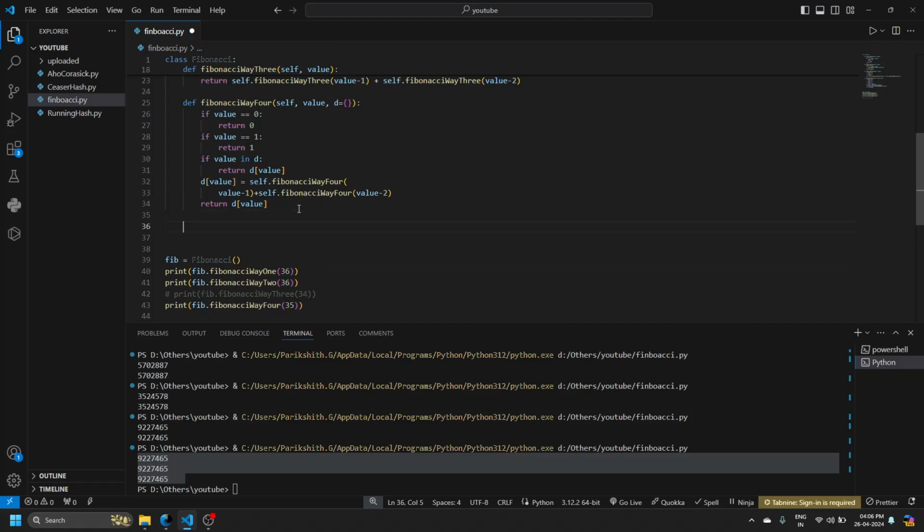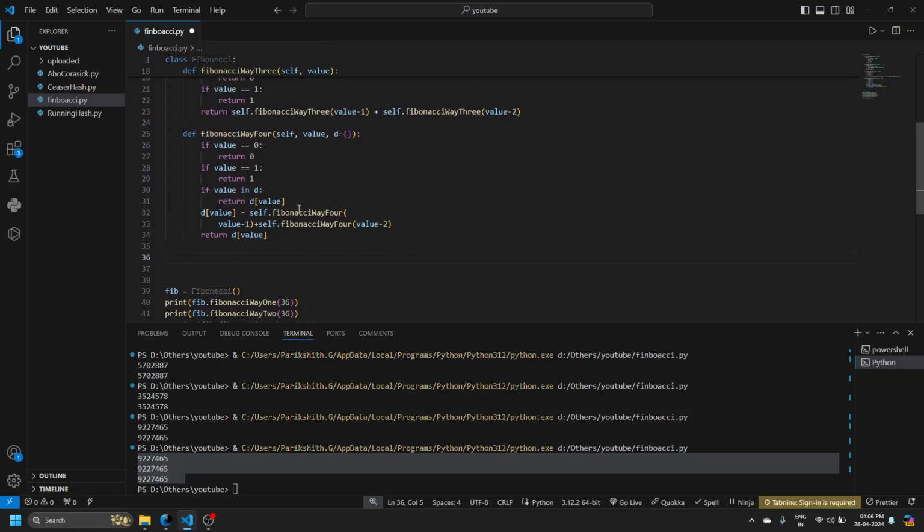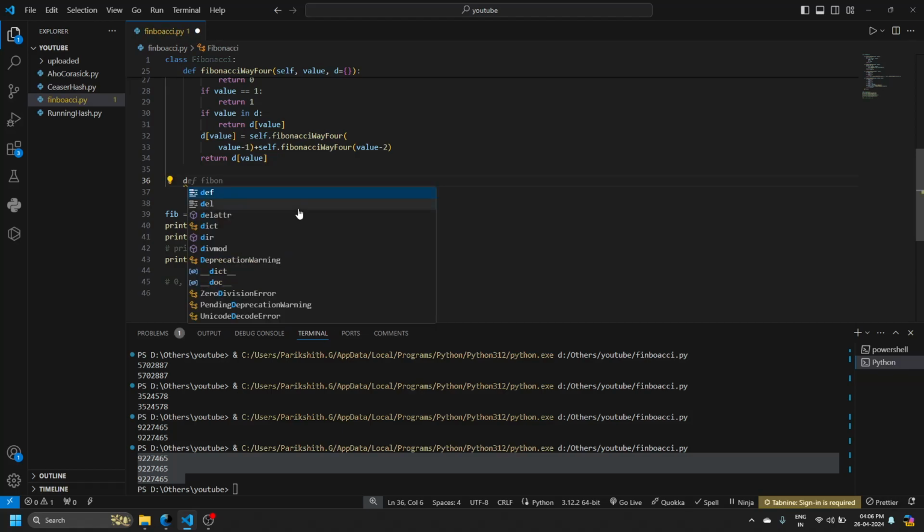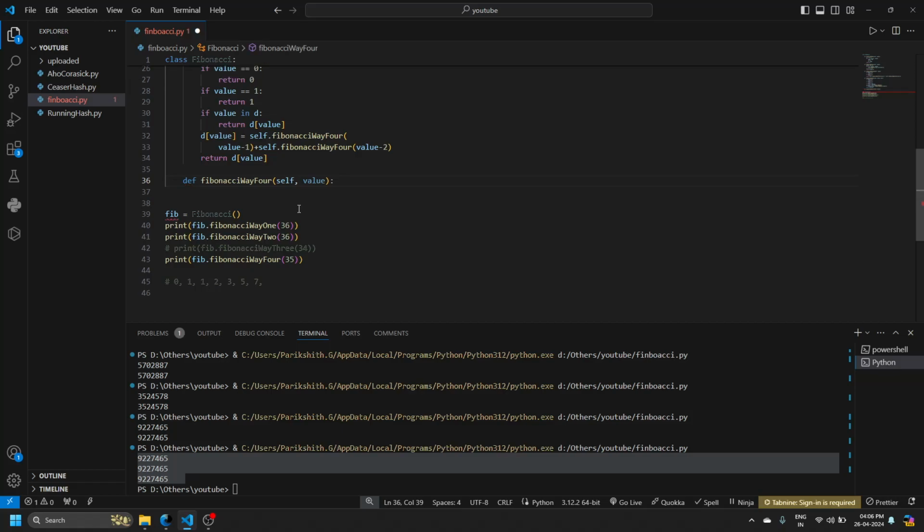And now, believe it or not, there is one more way. This is a purely mathematical way to do that, and I will not go into the crux of it. I'll just give you the formula. It's better you just check it out once. It mainly uses a theory from mathematics, I forgot what it is called. Since this is a computing course and not a math course, I'll not go much over it, but it uses a technique called the golden ratio. If you know what the golden ratio is, then you will understand it. Fibonacci way 5,